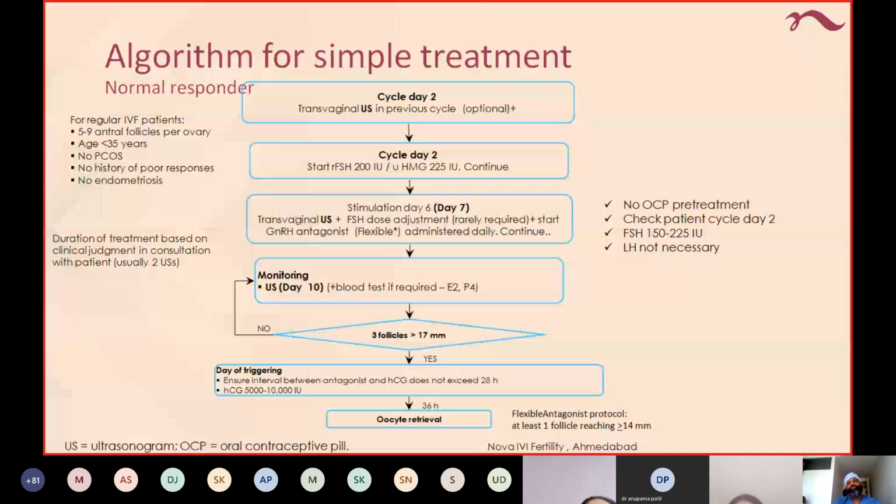Luteal support: as soon as we take the eggs out, we start with the luteal support. We start with micronized progesterone 400 milligram twice daily, or we start with dydrogesterone 10 mg orally. And after doing the embryo transfer, around the 14th day after embryo transfer, we do a pregnancy test. Initially, the best way to identify is using a serum beta HCG test. It is the most sensitive, and it will give us a report saying whether the patient is pregnant or not.